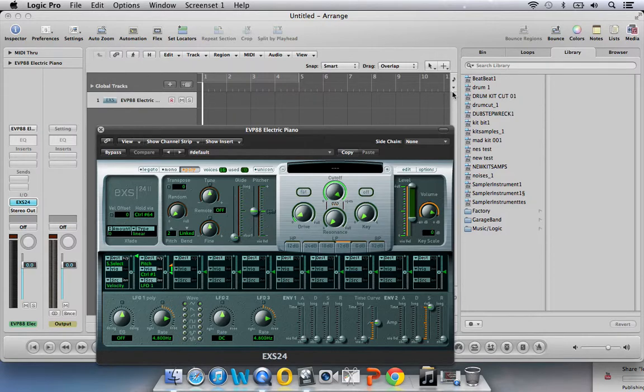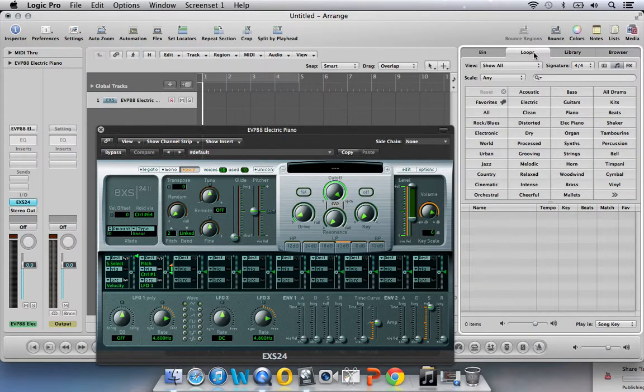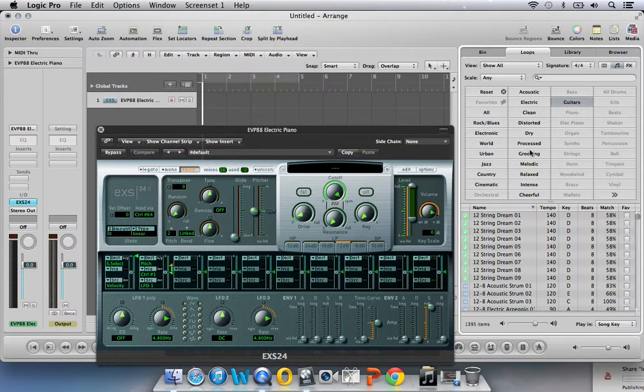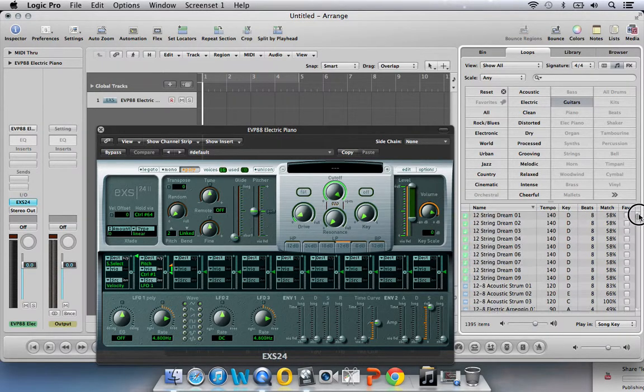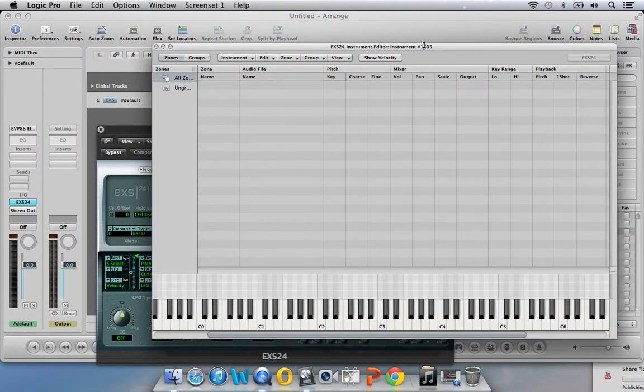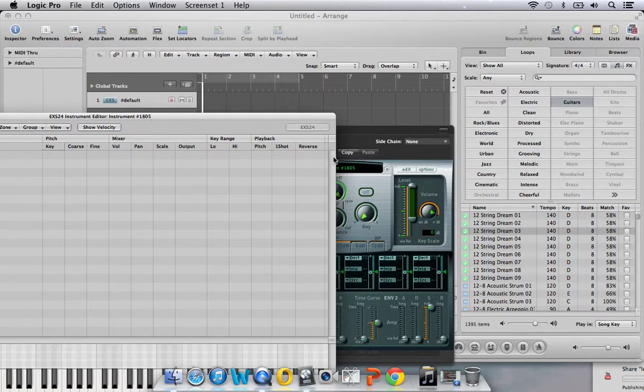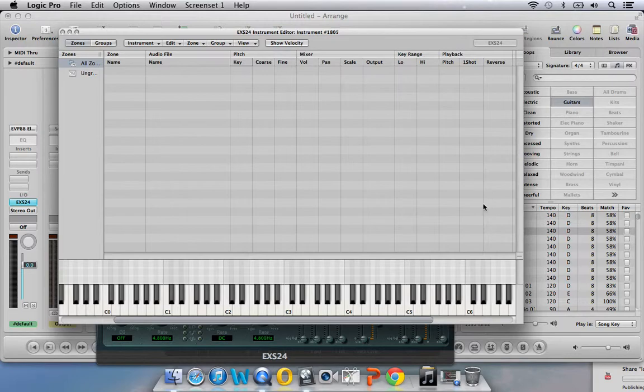Now there's two ways we can do this. We can search our loops library, guitars, and if we look for an audio signal, we can't drag and drop that on. However, if we go to this little edit function area over here, this window comes up, and this window is